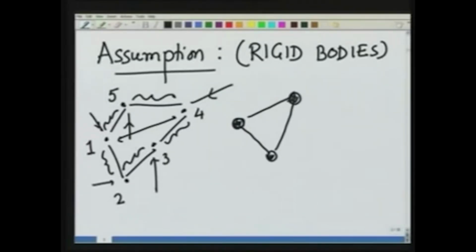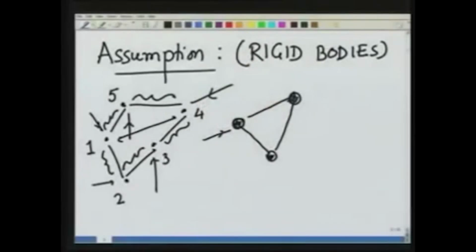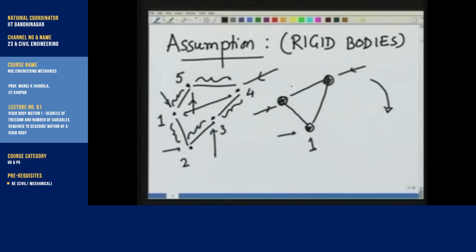So the distance between two particles would remain unchanged. You can feel right away when I apply a force, it is not going to deform. The only thing this body can do is change its orientation. So for example, 1, 2 and 3 could go to a different shape like this, different orientation like this,